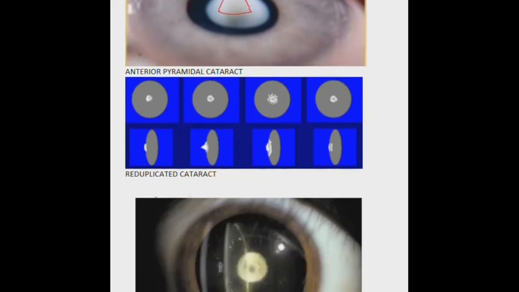In the third one, which is reduplicated cataract, first the cataract forms in the anterior capsular region. Then the anterior capsule, which is in the anterior polar region, develops, and then the capsule extends into the lens fibers, which is just behind that anterior polar region. In further development, the normal lens fibers separate the opacity in the anterior polar region and the lens which was opacified just behind the anterior polar region. So a gap is present between these two.